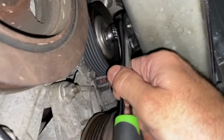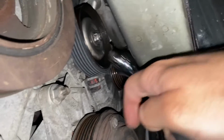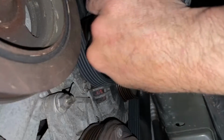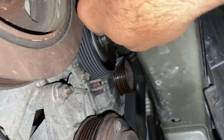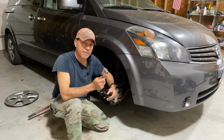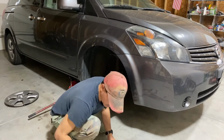And now pull that out. And then if we need to get in here, we can get up in there. Boom, done. Very easy. What I love about this, and if we compare it here,